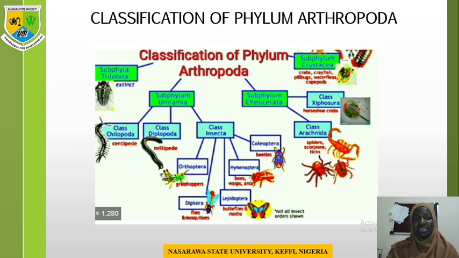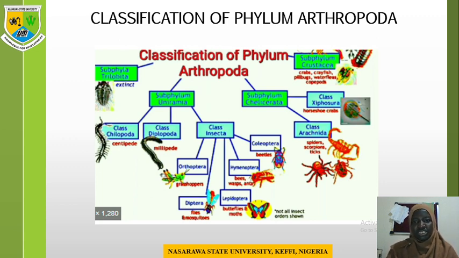But more recent literatures classify this into 4. We have the Crustacea, the class Chelicerata, the Myriapoda, and then the Hexapoda, and then considering the Trilobita as an extinct form, and then the Onychophora, as we earlier stated in the first